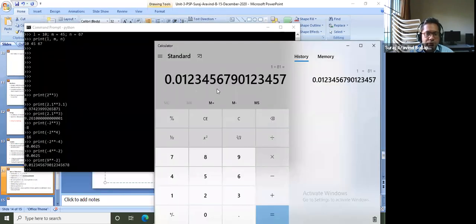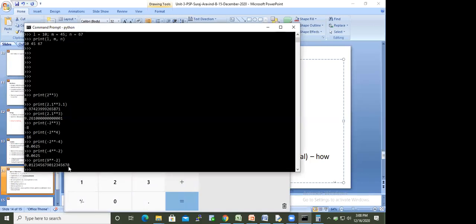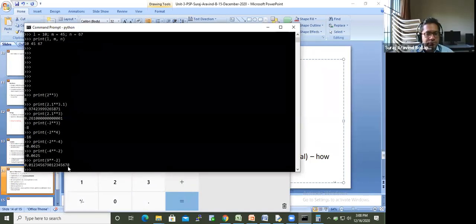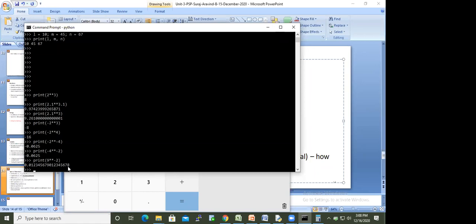Yes, sir, it's true. It calculated one more number extra. So it is taking positive, negative, and floating values also.